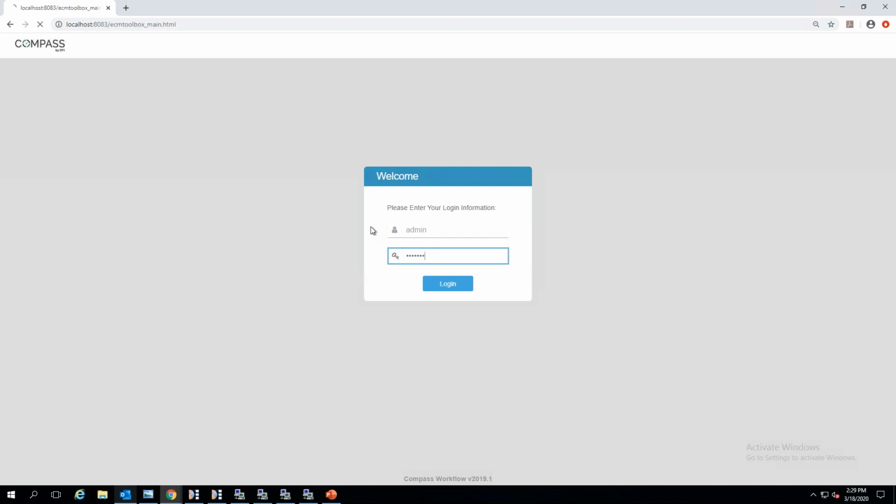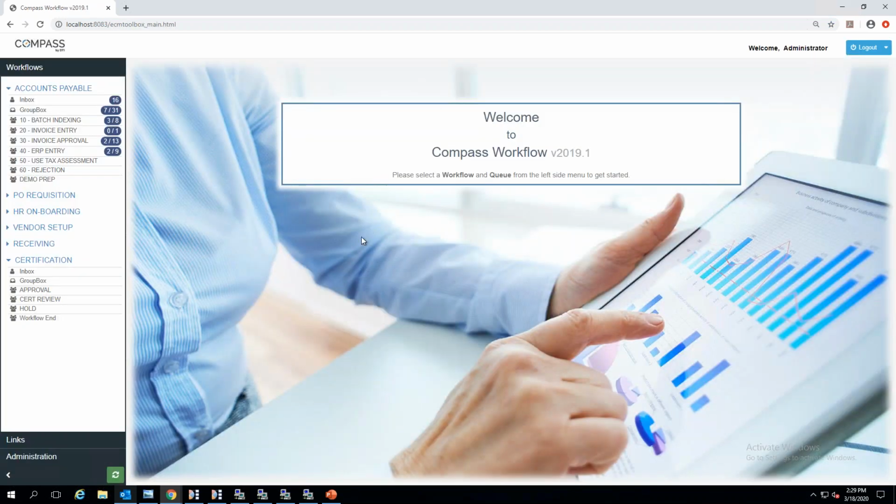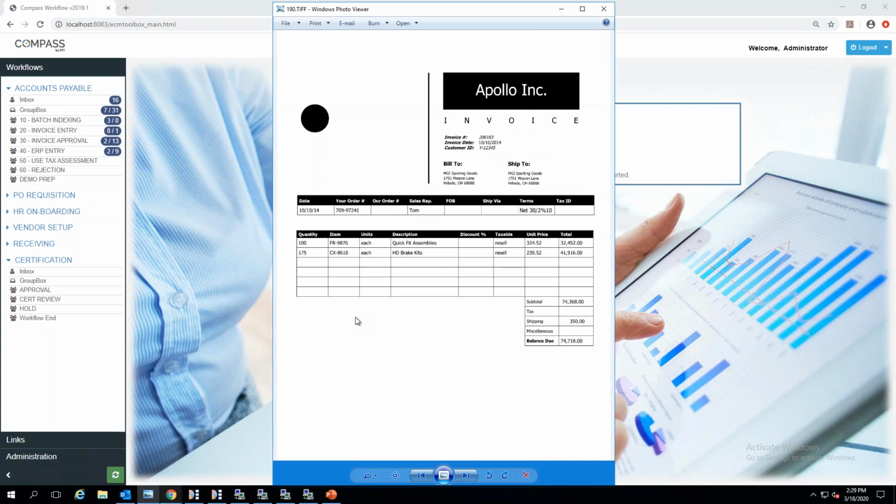We also talked a little bit about advanced capture. So we know what advanced capture is. If we look at an invoice, invoices have common information. So we can see here, it's going to have an invoice number, invoice date, they have a PO number, and other information, but it's not always consistently in the same place. What advanced capture allows us to do is